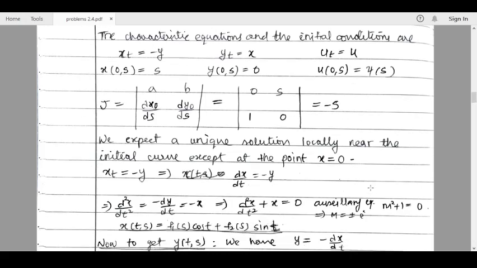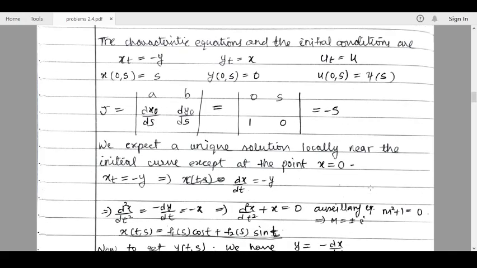Now we will try to solve the characteristic equation. Now here you can see in earlier problems the characteristic equations' RHS were constant, so it was easy to integrate. But here you cannot directly integrate because the equation is dx by dt equal to minus y. We cannot directly integrate this because dx is there, dt is there and minus y is there. So we have to combine some terms